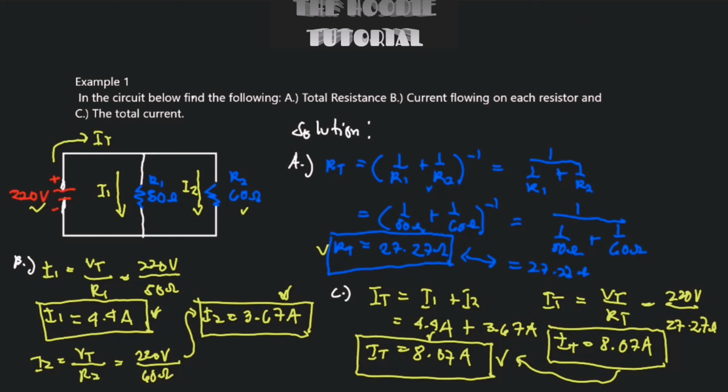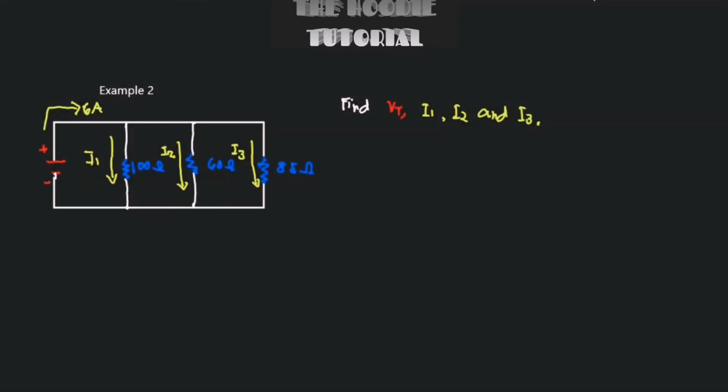Let's go to example number 2, and this is going to be our last example. So you can pause the video and answer this on your own, and then let's see how it works. In this parallel circuit, we have 3 resistances in parallel, and then we need to